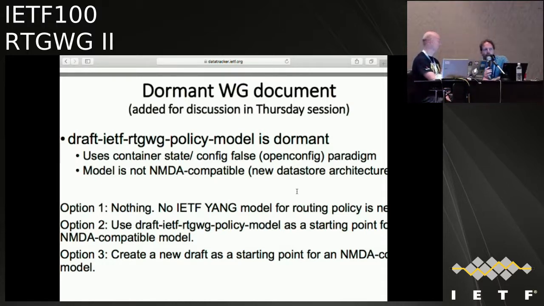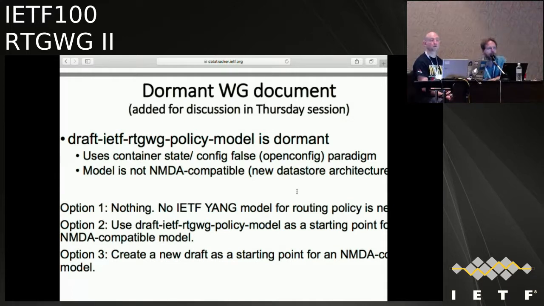Okay, I wanted to correct: Sue, you said one or two, but you meant two or three, I believe, right? That you don't like option one, right? I just want to speak against option one. Option two or three works because we have an NMDA model. Yes, yes. Thank you. I just wanted to clarify because I think there was a mistake.